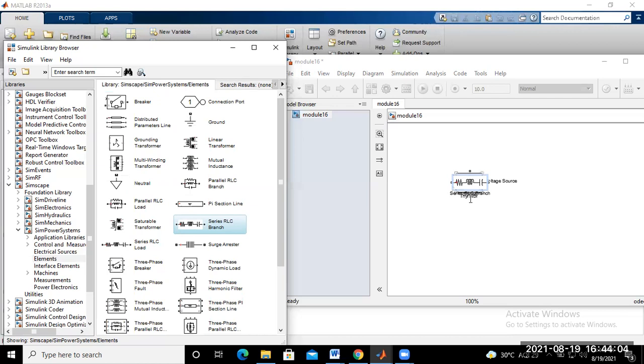Sir, what is the difference between series RLC branch and series RLC load, and why have we not taken the series RLC load and you have taken series RLC branch? Is there any difference between RLC load and branch?